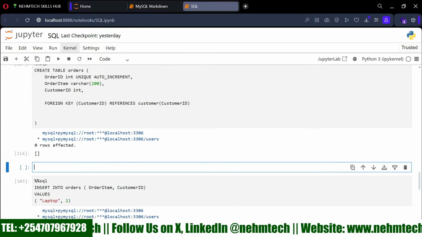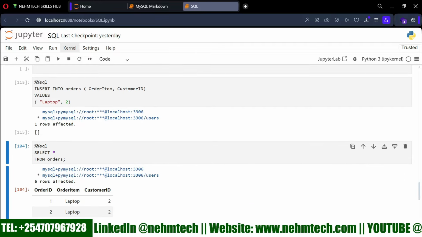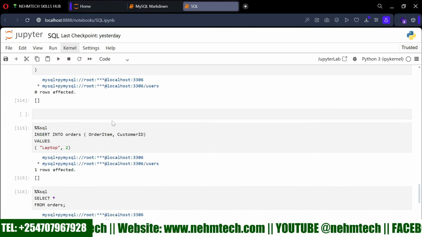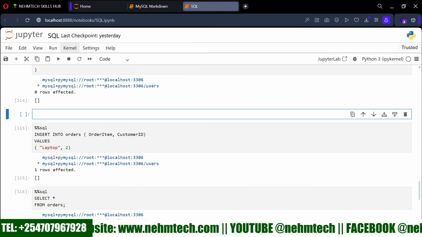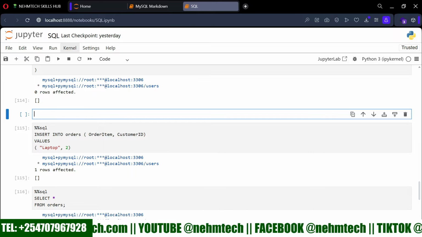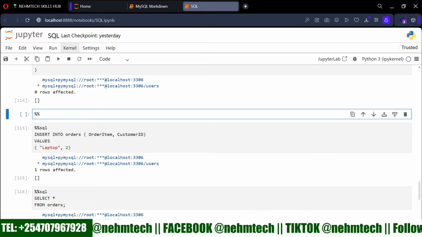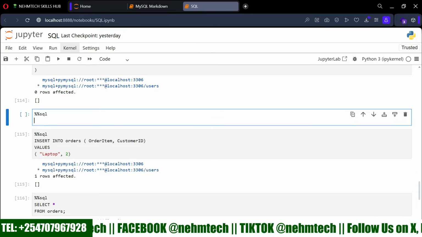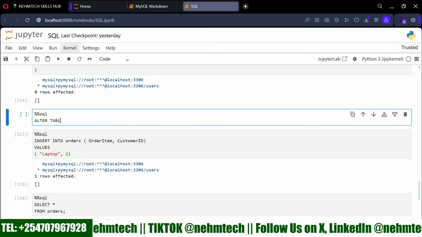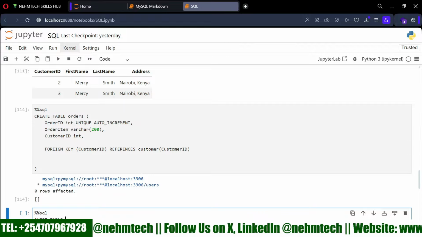And then maybe you have some values inside. We have run this code, so there's that value there. When you run, we have our number one laptop. Now I want us to use the alter table. So remember, anytime you're trying to alter that constraint, first of all, let's use the magic command and say alter, then table, then the table, in this case it is orders,